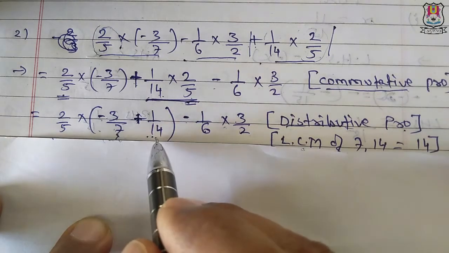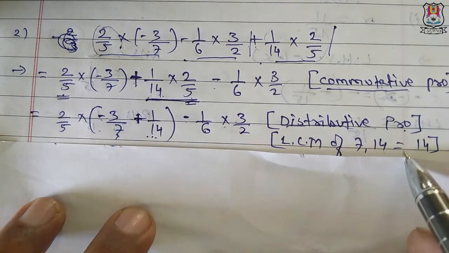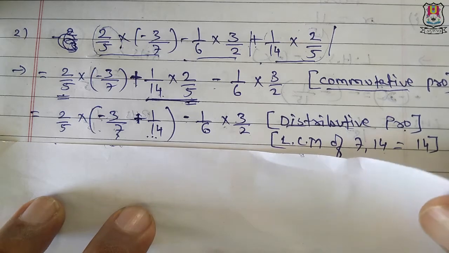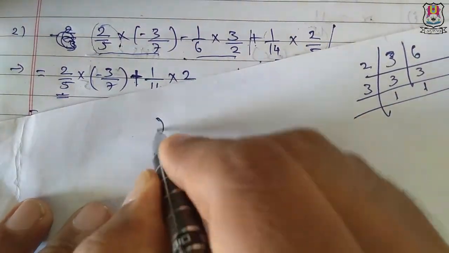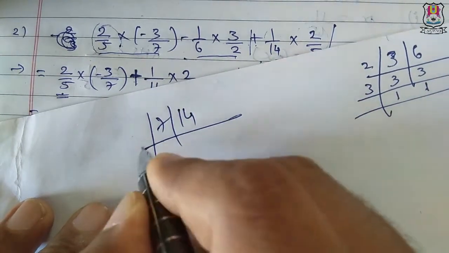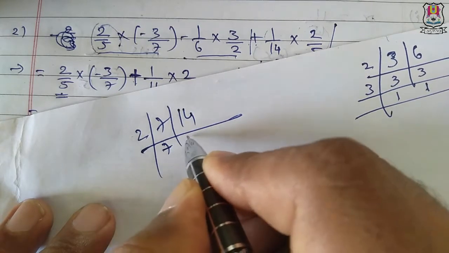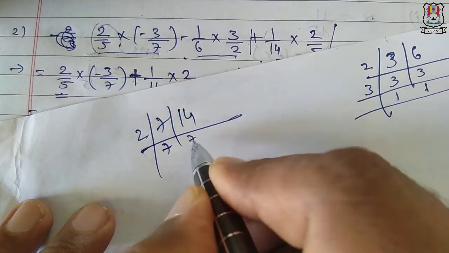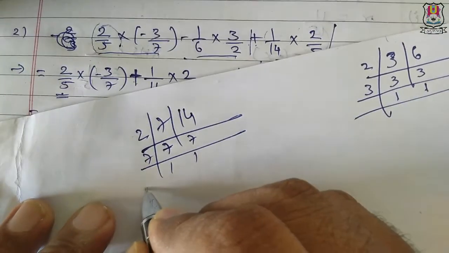between them. So we are going to find the LCM of these two denominators, that is 7 and 14. So the LCM of 7 and 14 is equal to 14. Now you may be thinking how this happened. Let's see. Again, 7 and 14. So 2 is the smallest number that we are going to take first. 2 7s are 14. Now 7 1s are 7 and 7 1s are 7.